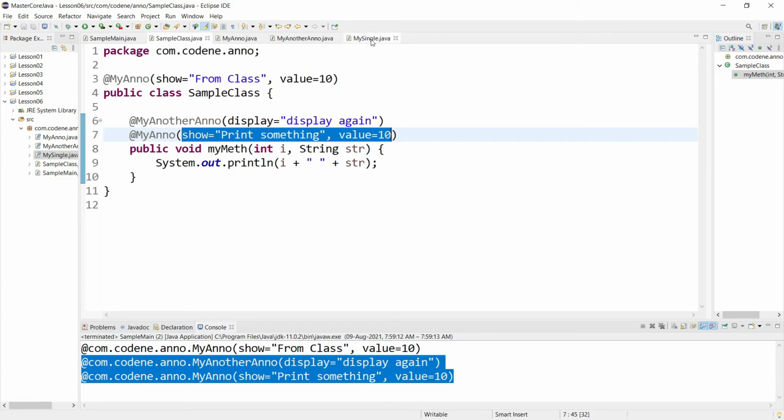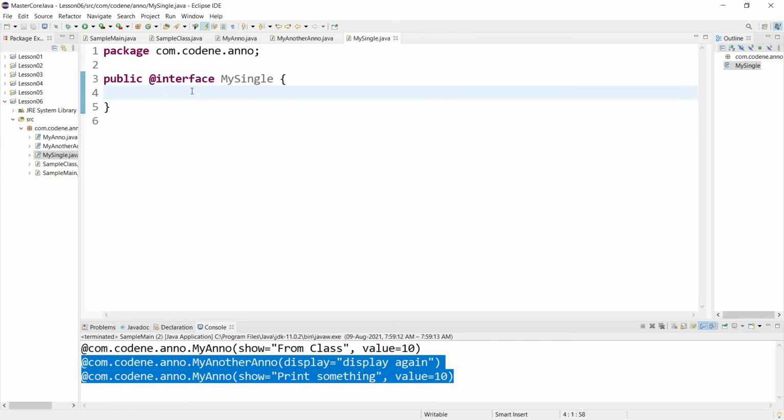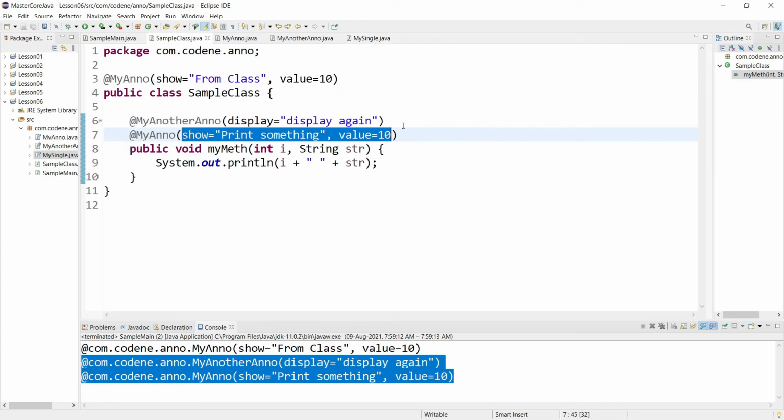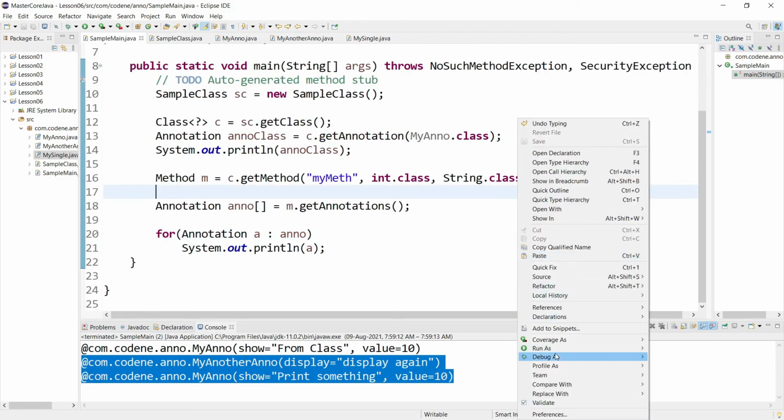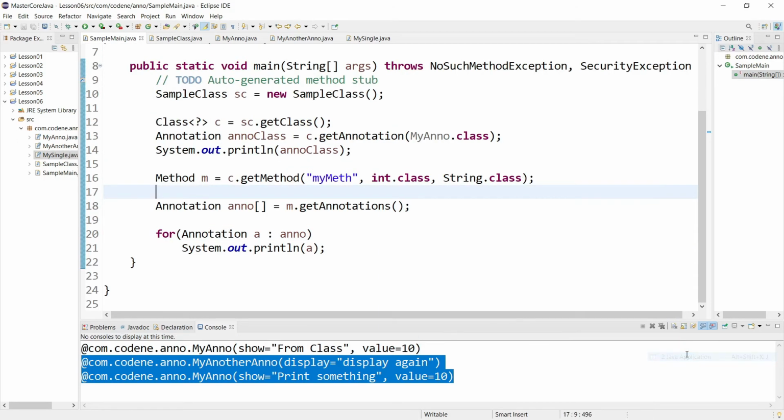But for that a rule must be followed: whatever method you are using has to be named value. So after that if I declare the annotation like mySingle and then pass some value like 15, then if I run this I should be able to get this annotation as well.